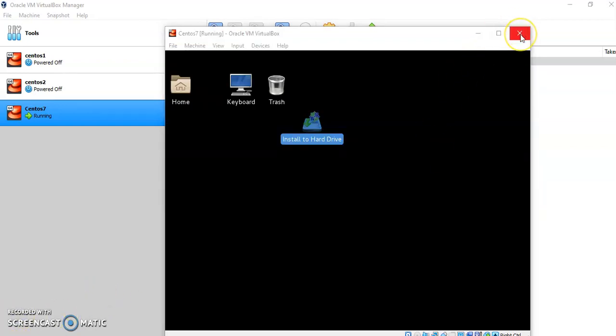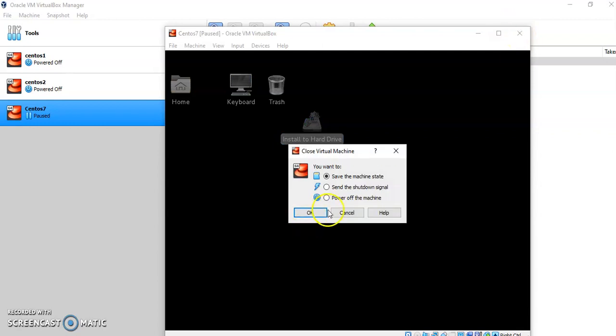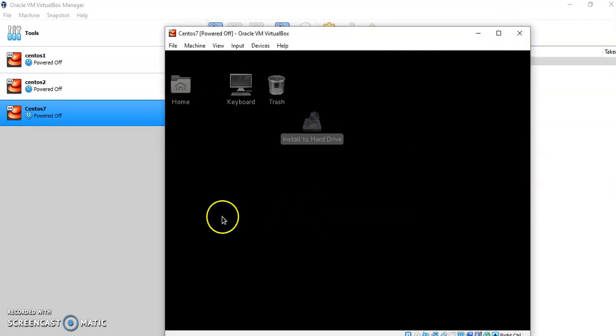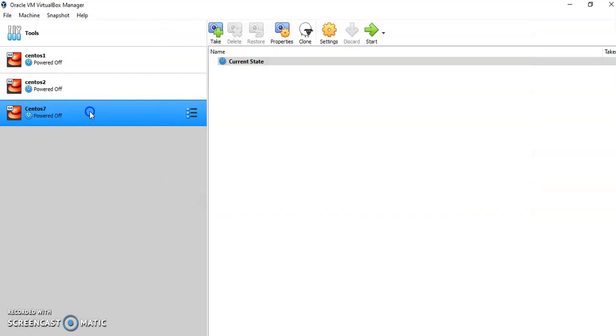Once you have quit this, then close this operating system, switch off the machine, click OK, and then again you can start the machine, CentOS, and then click on start.